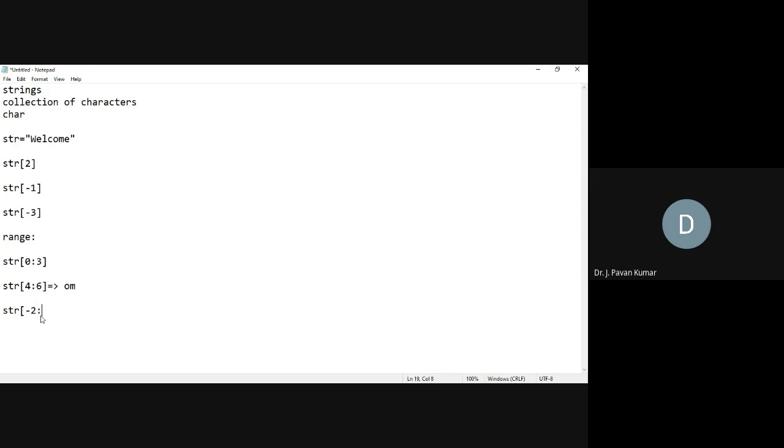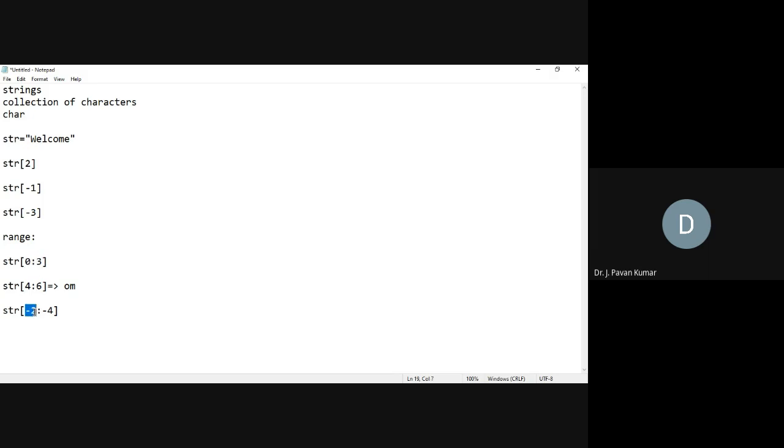What does it mean? -2 is M, and -4 is C, but according to our understanding, -4 will not be included. As we have discussed, 4 to 6 starts from 4 and prints up to 6 minus 1. 0 to 3 means starting from 0 it prints up to 3 minus 1.